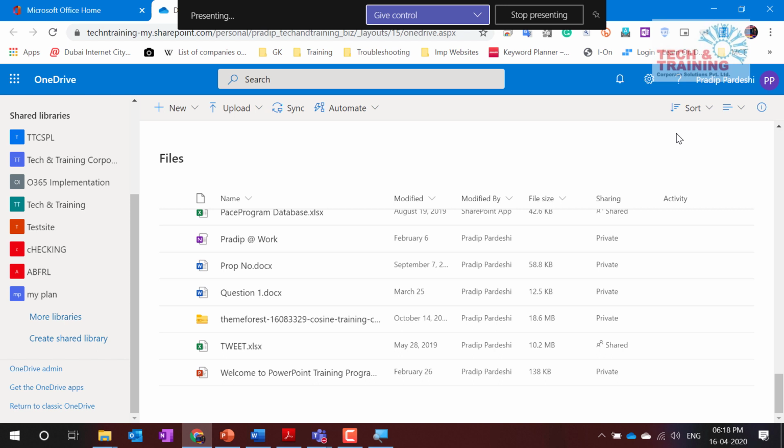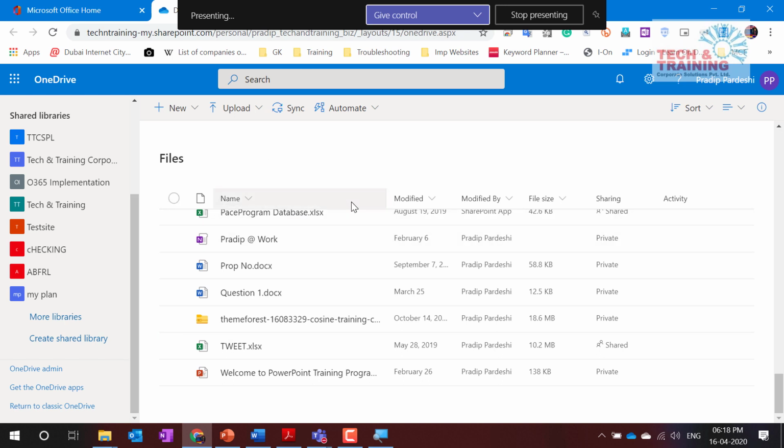Can I synchronize the data of drive D or E to OneDrive? No, OneDrive cannot synchronize the data in drive D or E. You will have to copy and paste a folder into the OneDrive folder. What is the meaning of allow editing when sharing the link with someone? See, allow editing means the person can edit the file online. I'm going to demonstrate that feature in the next two minutes, and you will understand. Can I get the changes made when I allow editing, like track changes? Yes, you can do track changes and all those features as well.